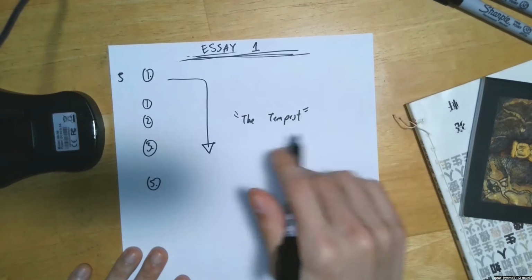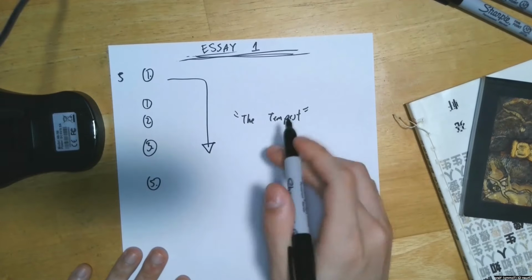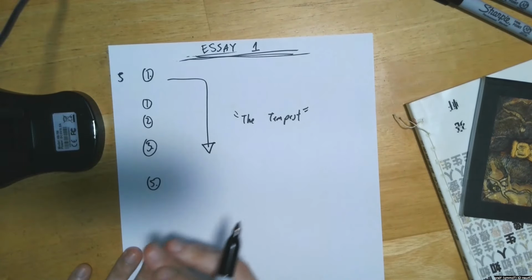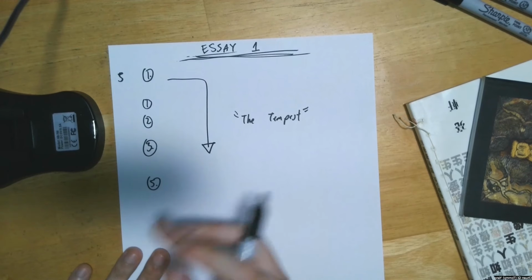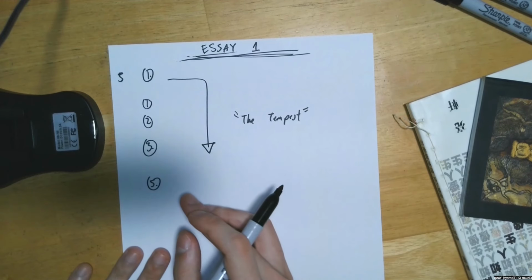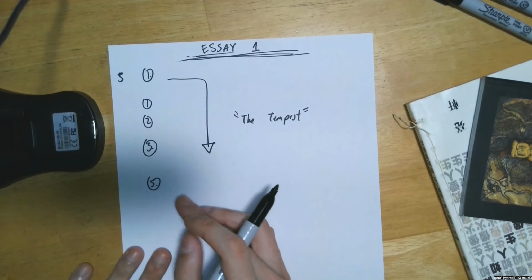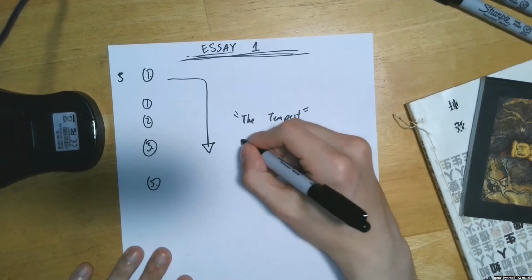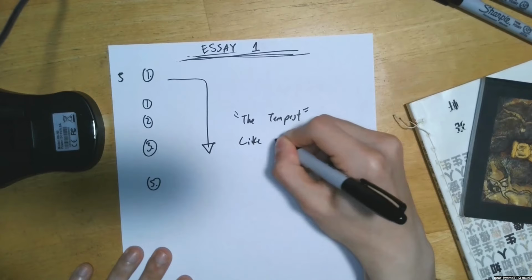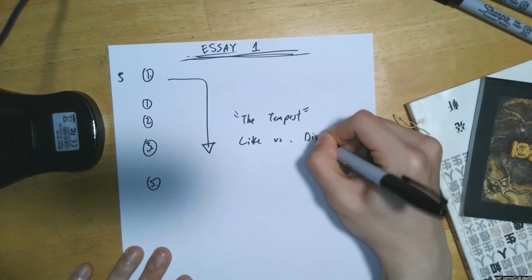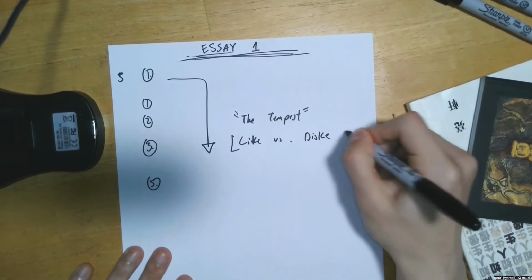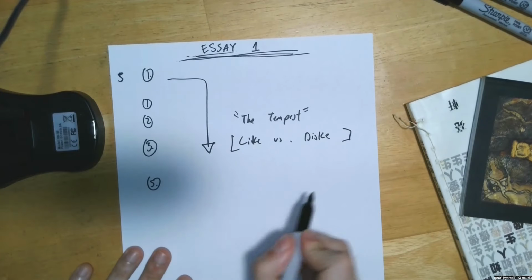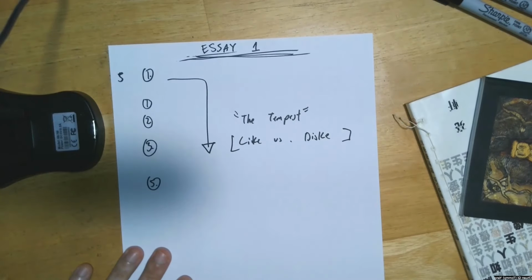So let's say you have this play, and your teacher is going to obviously tell you to analyze something, talk about something in the play, talk about a theme, maybe what a character does and why it's important, or talk about what you think about it. So let's just make a very generic prompt. How do you like The Tempest? Like versus dislike. So intuitively, the thesis statement is a statement that should just, in one succinct sentence, describe the entire